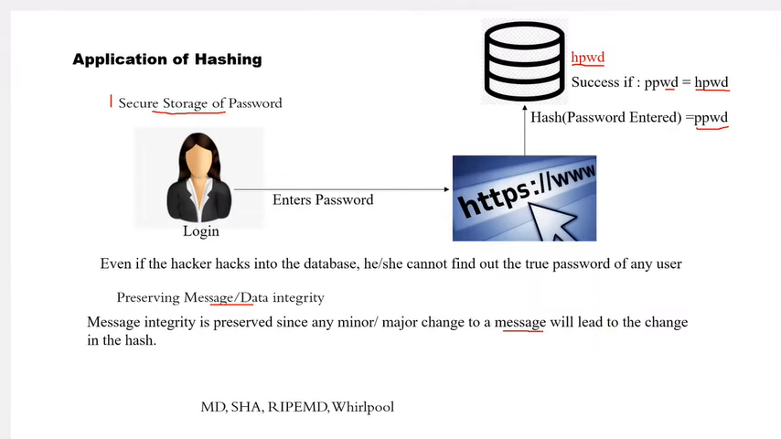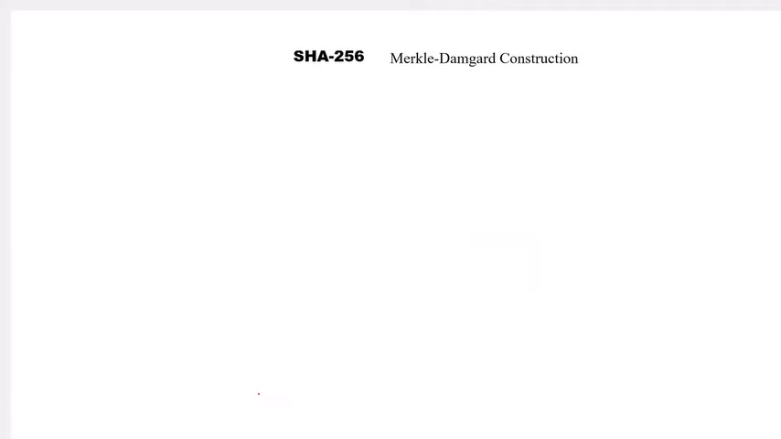Now, there are many hashing algorithms like Message Digest, Secure Hash Algorithm, RIPEMD, Whirlpool. Among these, I will be giving you an overview of the SHA256 algorithm, which is very important and is also used in security applications like blockchain. Now, SHA256 uses a hashing function known as the Merkle-Damgard construction,